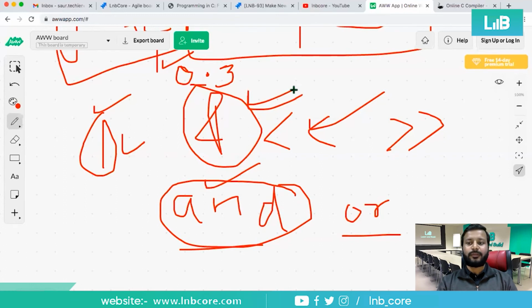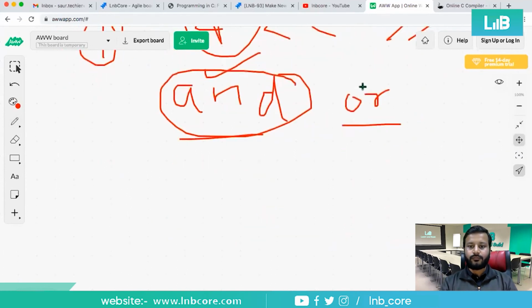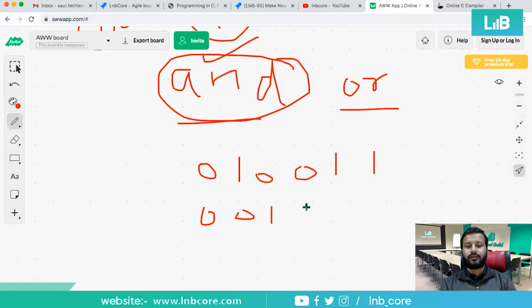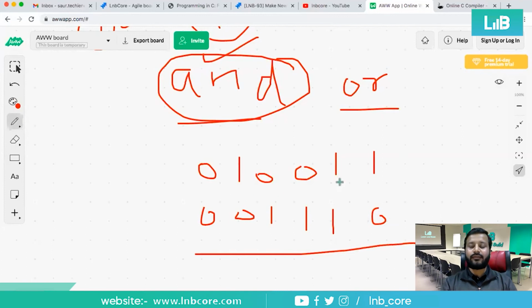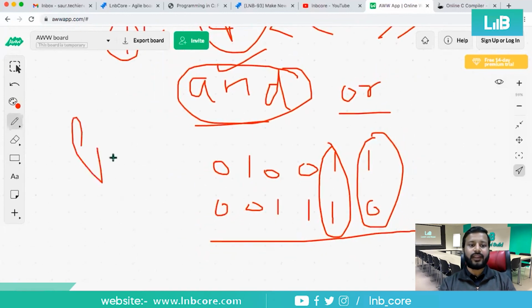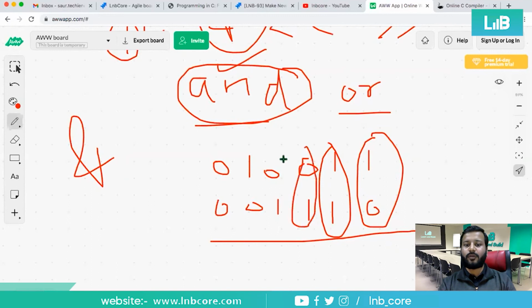So bitwise operations will be taking place between the numbers. Suppose I'm giving a number 010011, and another number is 001110. Now we have to combine them. For that, we have a bitwise operator. Suppose we want to do an AND operation, so the bitwise AND should happen. For that purpose, we'll be using this operator called AND. It will do bitwise operations.